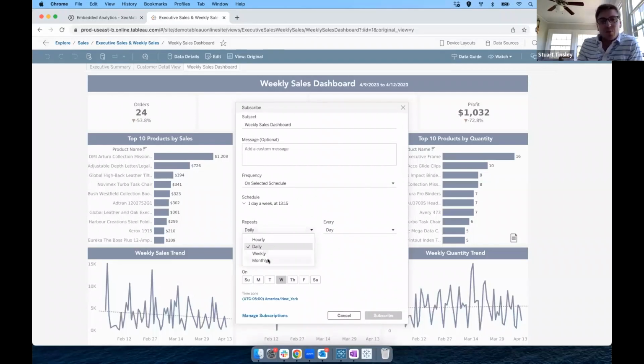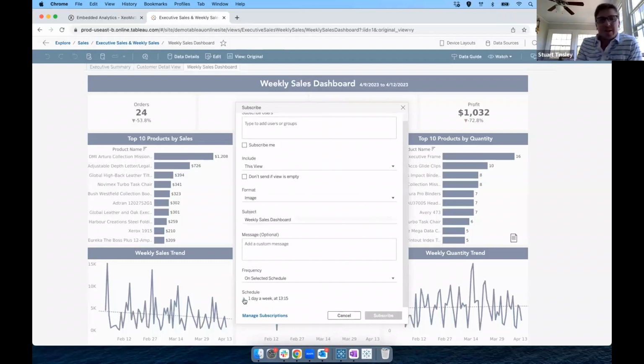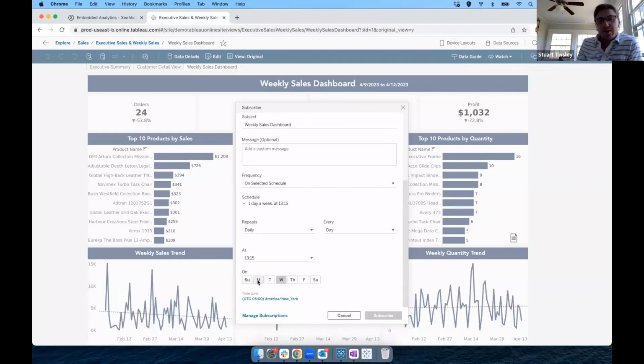Is it hourly, daily, weekly, monthly? You've got selections for each, depending on your cadence you want to set. And then you want to make sure that you check the days of the week that you want this to be sent out, right? You just check off a box right here, and you're sending that out. Here's an example. Once that's all set up, let me bring over